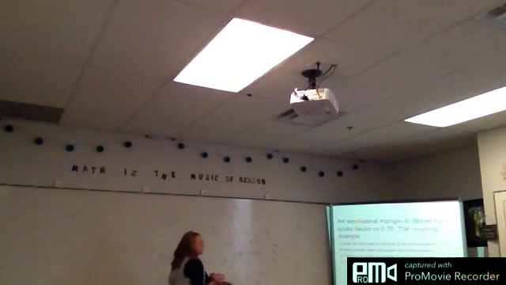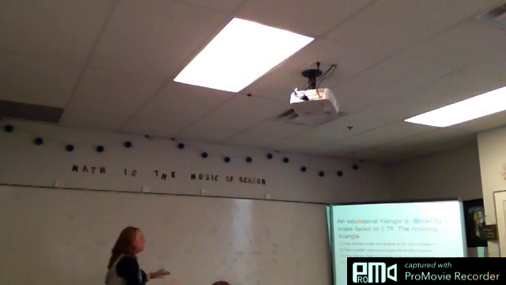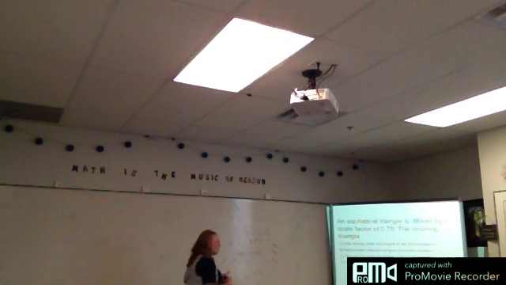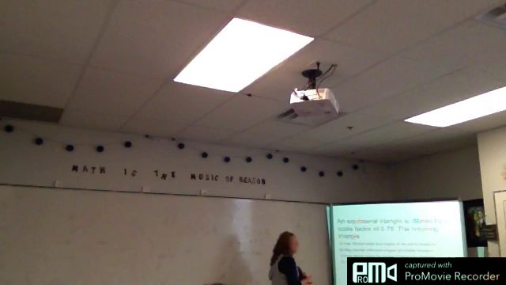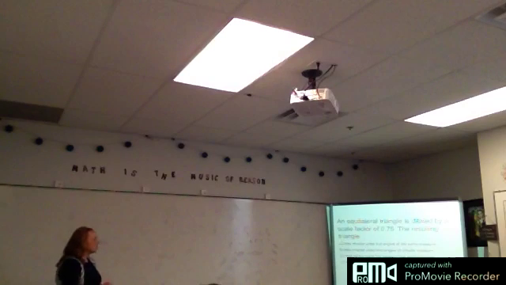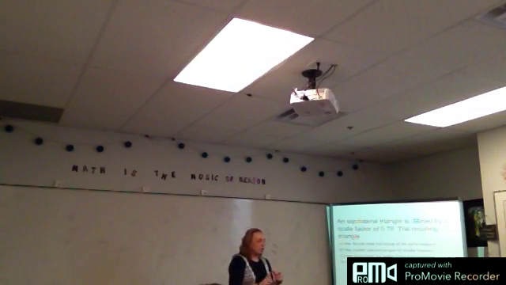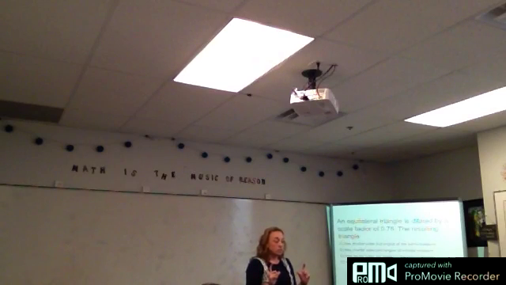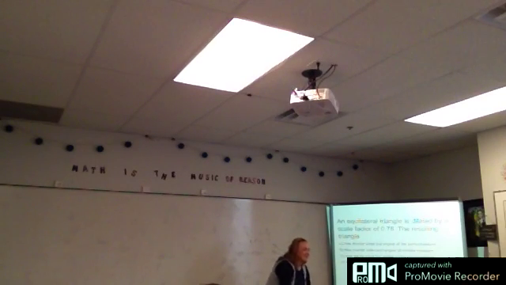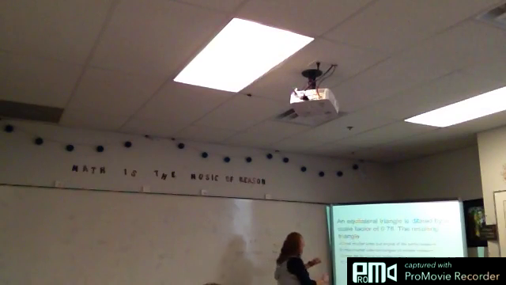An equilateral triangle is dilated by a scale factor of 0.75. The resulting triangle has shorter sides but angles of the same measure, has shorter sides and angles of smaller measure, has longer sides but angles of the same measure, or has longer sides and angles of greater measure. What do you think? What can we automatically eliminate? If triangles are similar, what does that mean? They have smaller or larger angle measure? If two triangles are similar, their angles are still the same. So I can eliminate